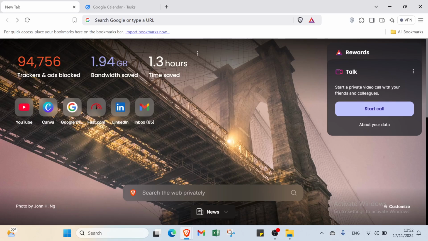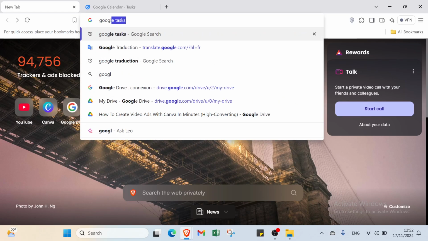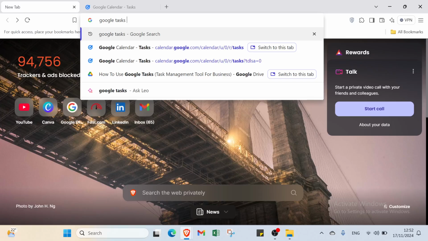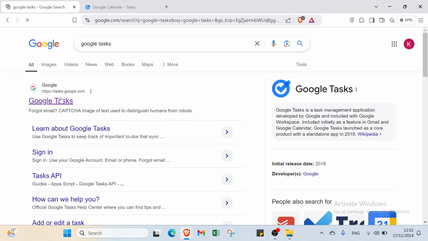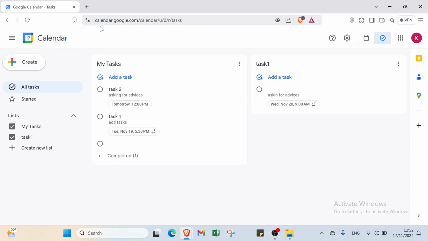Alright, so all I have to do right now is just open your browser and dive into Google Tasks like that, or you can use other options. I will show you. Then you click over Google Tasks like that, and then you will find another page, which is this one. As you can see, we have Google Calendar, or you can use the second option that I mentioned before, which is calendar.google.com. You have just to dive into Google